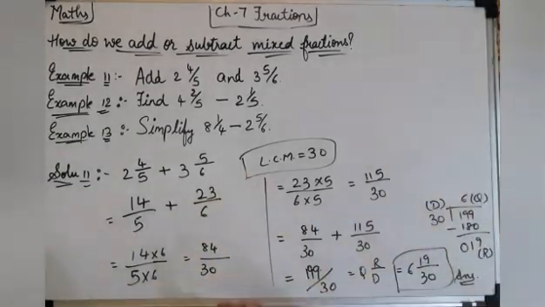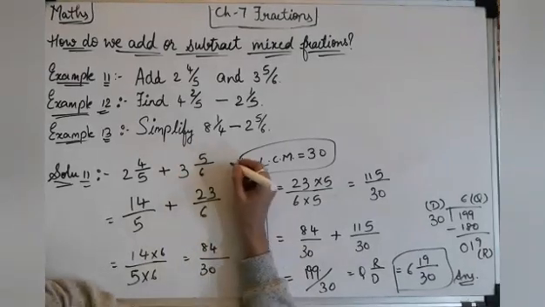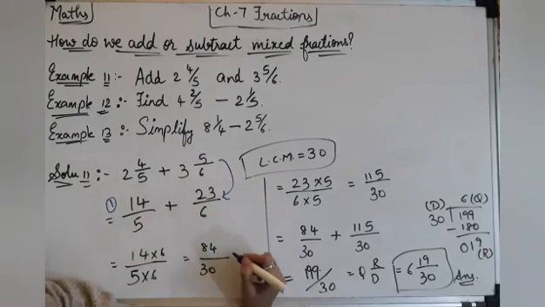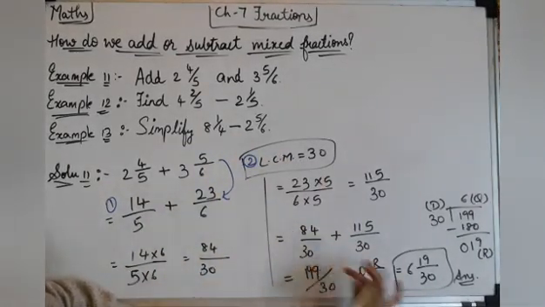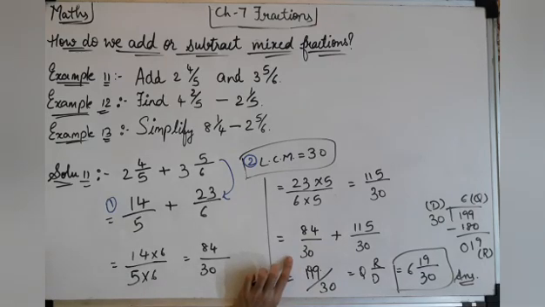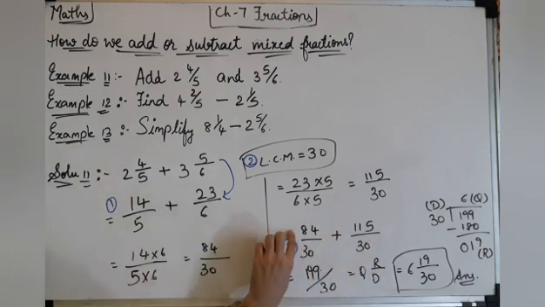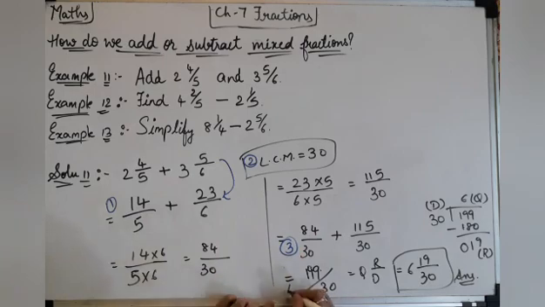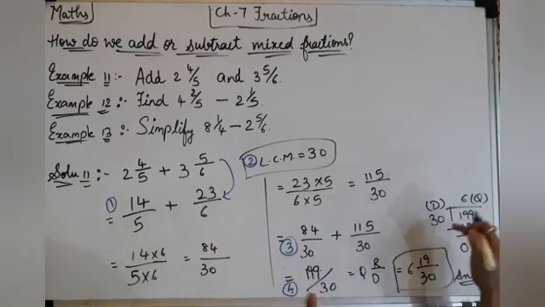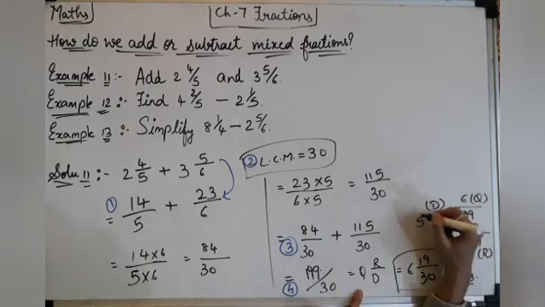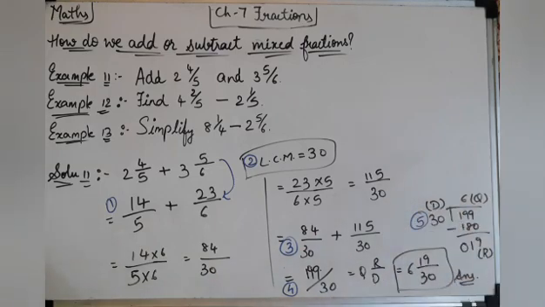See, I'll write the steps. First step: convert mixed fraction to improper fraction. Second step: we took out the LCM, so we got the similar denominator. Third step: for finding this. Then we have added. If addition is written, we'll add. If subtraction is written, we'll subtract. So this was the fourth. Then we divided, and we got the mixed fraction. This was the fifth step. Only 5 steps are there.